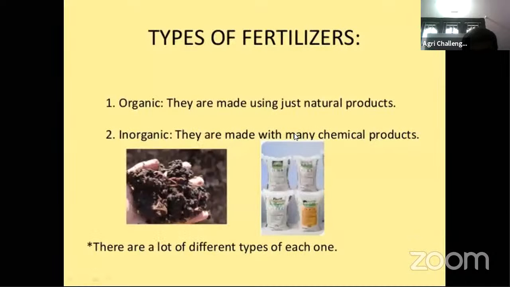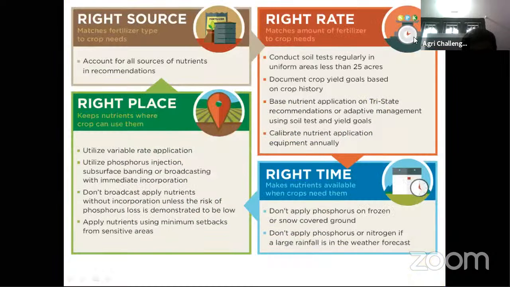So there is one basic thing in nutrient management. What is that? The 4 R's of nutrient management. What we call the 4 R's, but I will call a 5th R also. This 4 R concept is given by the International Fertilizer Division and the American Society of Agronomy. What are the 4 R's? Right source, right place, right rate, and right time. And right method also I am adding.